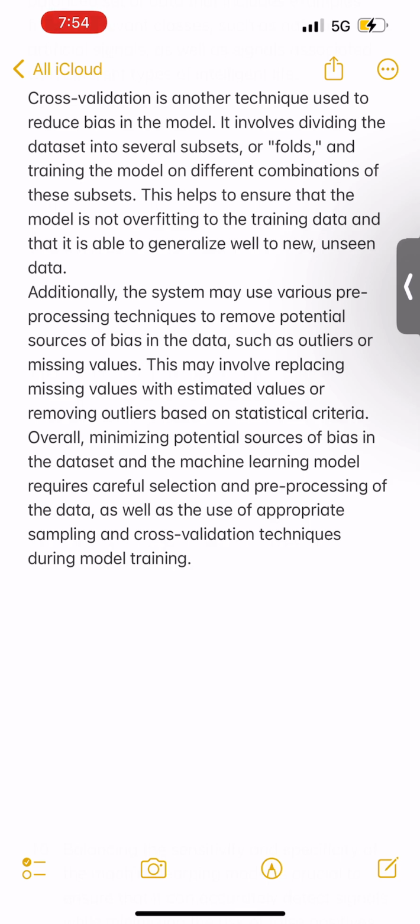Model training. Train a machine learning model, such as a decision tree or support vector machine, to learn the relationship between the features and the labels. Testing and evaluation. Evaluate the performance of the machine learning model on a separate test dataset, and tune the model's parameters as necessary to improve its accuracy. Deployment. Deploy the trained machine